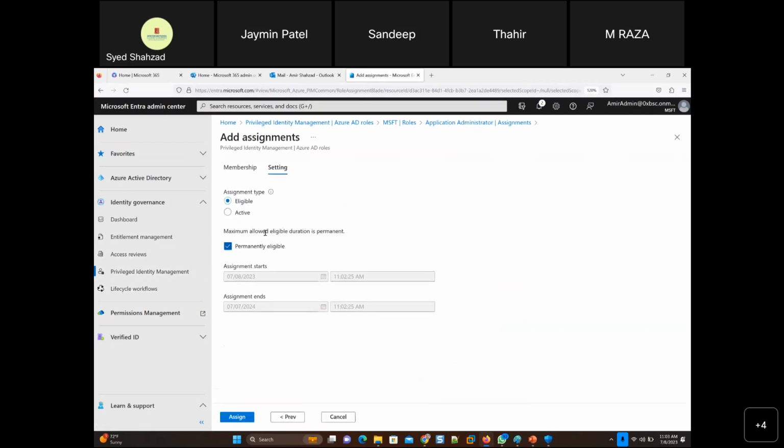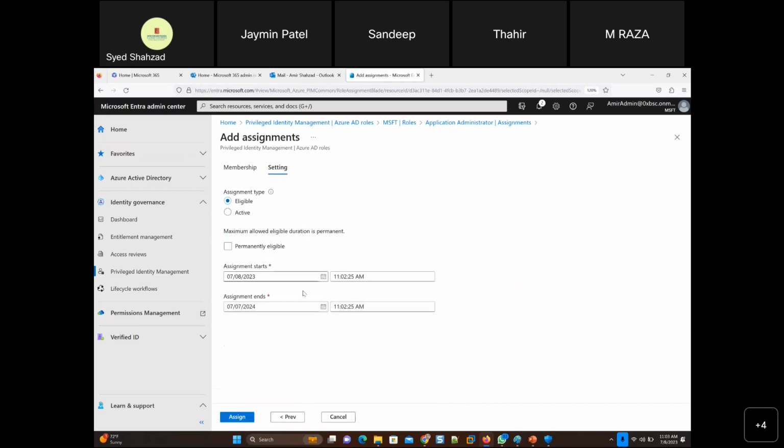Eligible means that an email will be sent to the user, and the user has to manually check that email, click the link, and go to a page and activate that role themselves. So there's a procedure to activate that role. Also, when you go for eligible, you can put one more thing here, that it's not permanently eligible.